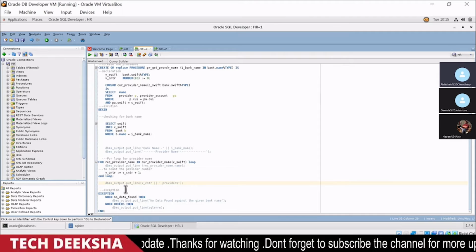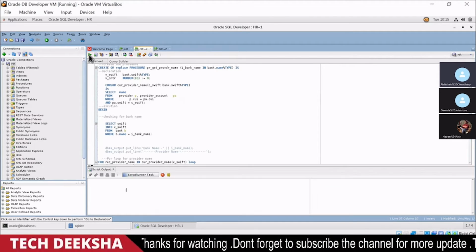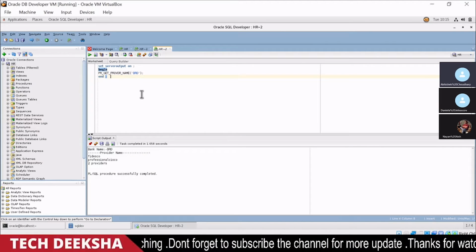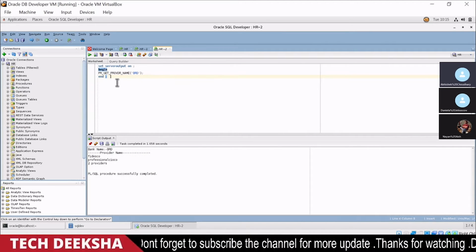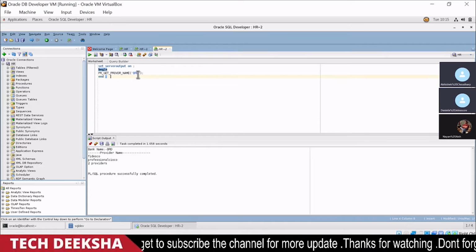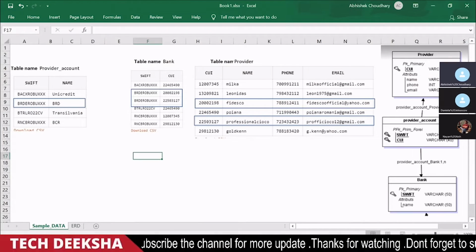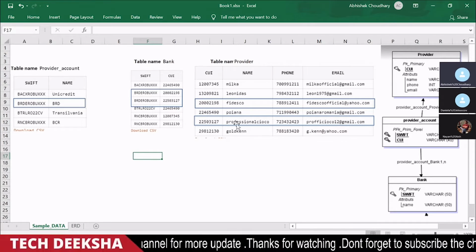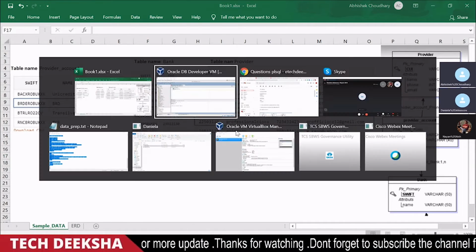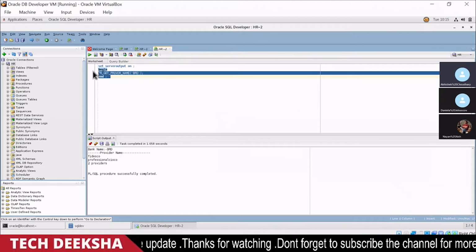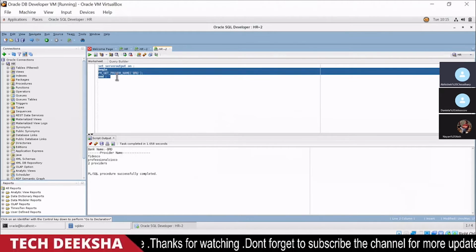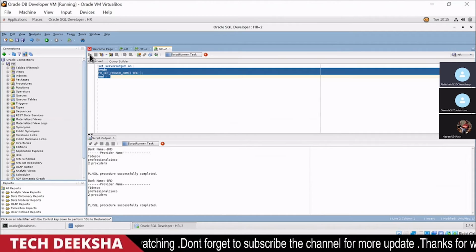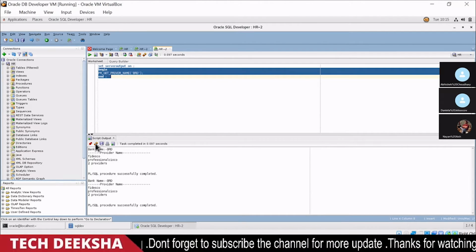So if I execute this procedure, this one is compiled, and if I execute it, let's say for example by passing the bank name BRD as we have seen in this diagram, we should expect these two records as an output, right? So to execute the procedure, simply we can call it within your begin and end. So let's say execute this query.